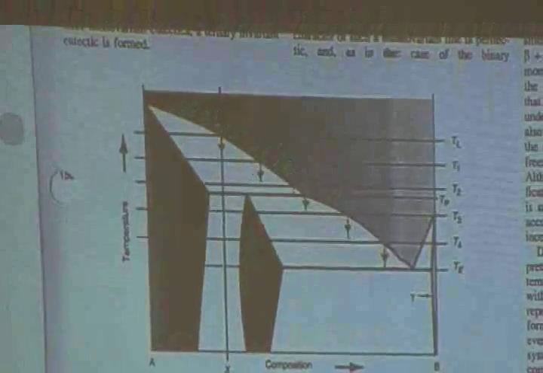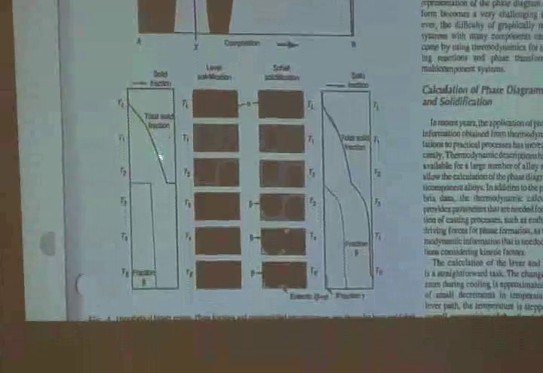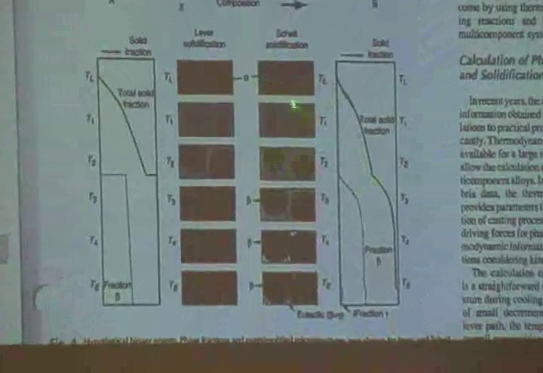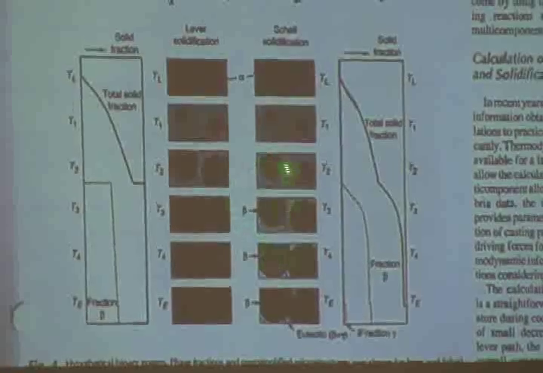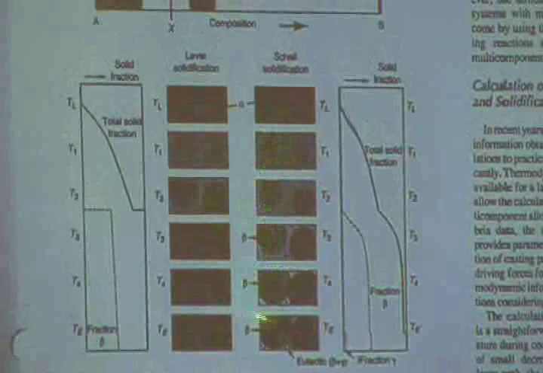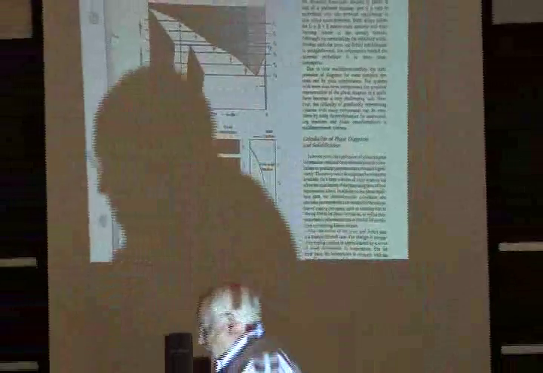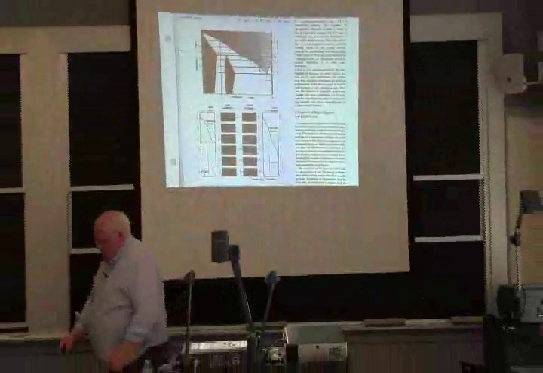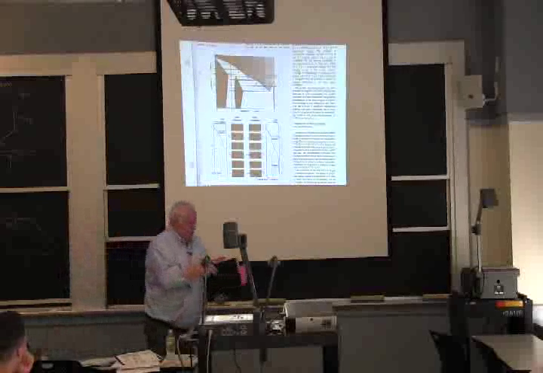And what happens is that it cools down from some liquid temperature down through lower and lower temperatures. I will have a solid that forms like this, but I will get coring, and it doesn't show it very well, but you can see some different colors in here. The liquid that forms will actually get a core around a rich alpha phase. And I guess what I can show you is, if you look at a real structure,